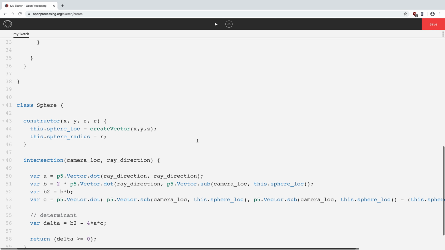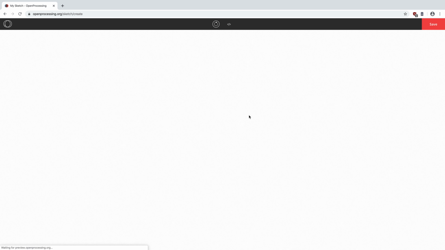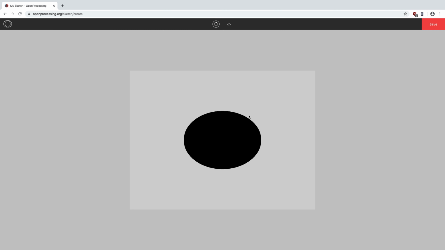So let's try running the code now. That's good news and bad news. It's great that we've actually got something that looks like a sphere, which means that our testing each pixel to see if it hits the sphere or not seems to be working. What we've got wrong is the aspect ratio, the squishing, because the mistake we made was our canvas is 800 by 600, but our viewport was only 20 by 20, which is a square. So we can fix that